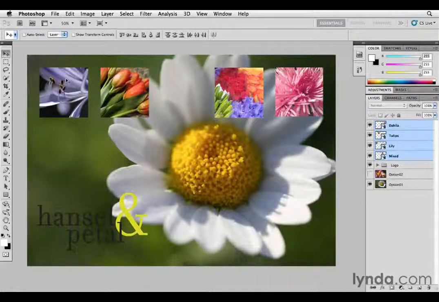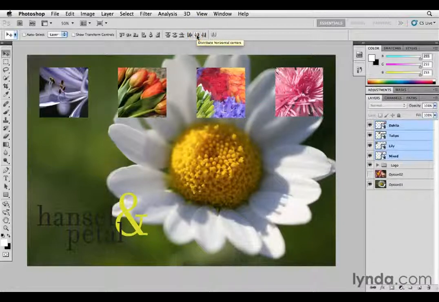Now if I want to equally distribute their space between the left and rightmost selected layer, then I have the Distribute Horizontal Centers button as well. So I'm going to go ahead and click on that, and you'll see they're now equally spaced across that selected